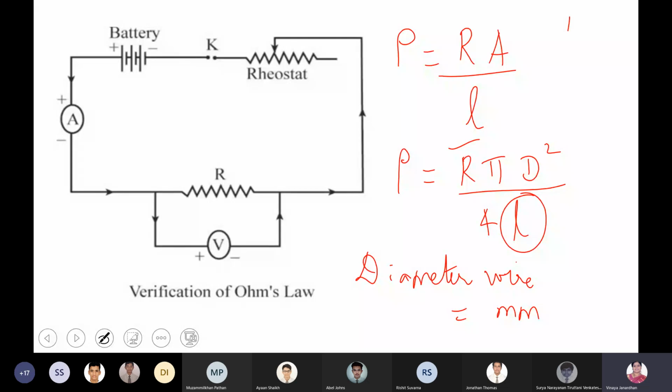Are you clear? Those who are coming for the lab session, 1 hour is not sufficient for this. So if you come with all your tabular columns, everything, I'll do the demonstration at the beginning of the session, then you can start. Are you clear how to connect? Always start from the different verse.